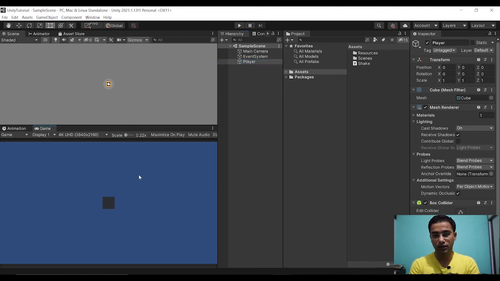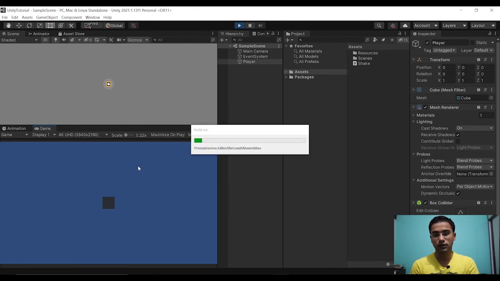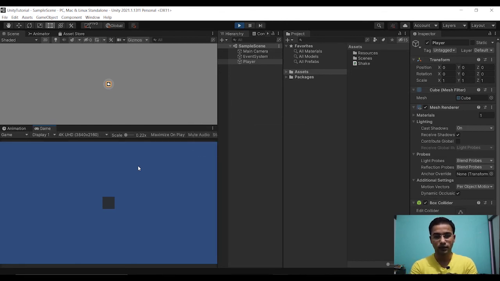Now if I run the game and press the space key, you can see my camera is shaking.